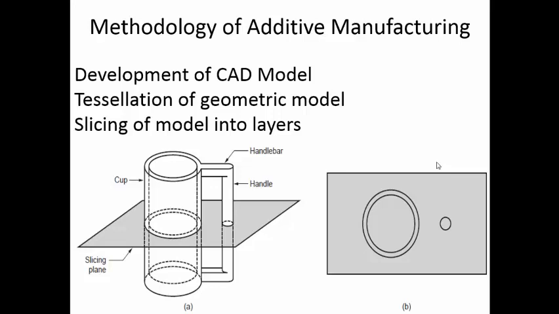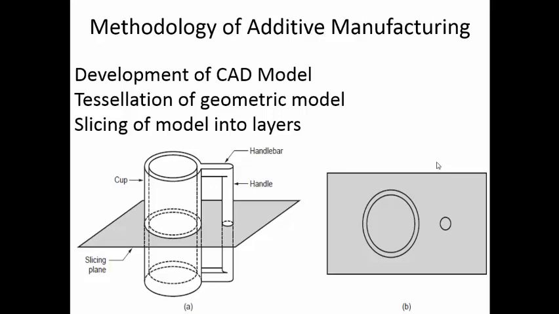So what is the input? Input is basically a CAD model. So whatever component you want to produce, you have to create a CAD file. So far the conventional format is to save it as an STL file. In the STL file, whatever geometry you have created will be divided into smaller and smaller triangles, that is a tessellation, and then the information about the various surfaces will be stored in it, and this particular file will be used for the final creation of the program using which the components will be produced.